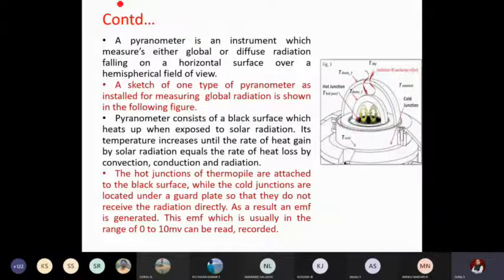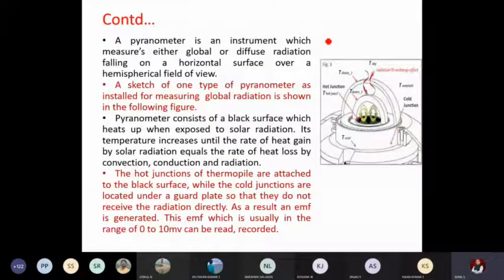Now coming to the working of pyranometer, I have shown a sketch here. It will be easy for you to understand from this sketch. I'll once again brush up. This is the black plate, over which a dome is placed. This is the dome region. This is the mounting plate with the help of leveling screws, which you can vary, and finally this is the platform. These are the grouting bolts which we discussed. It is all placed on a platform. The same sketch you can understand better with the help of it.